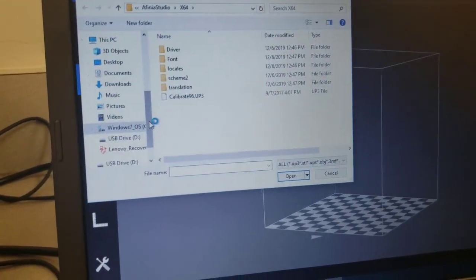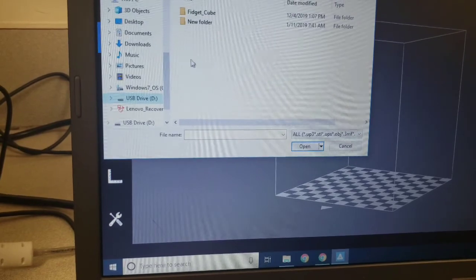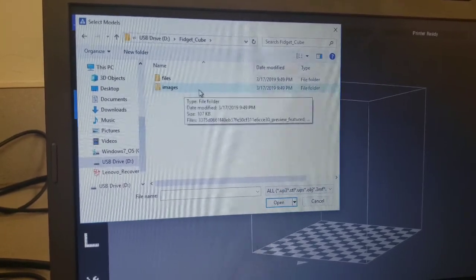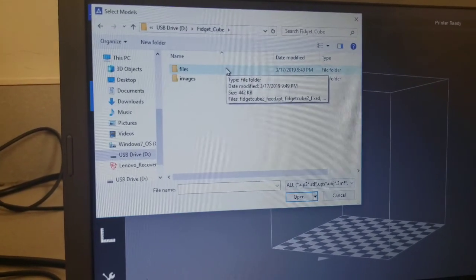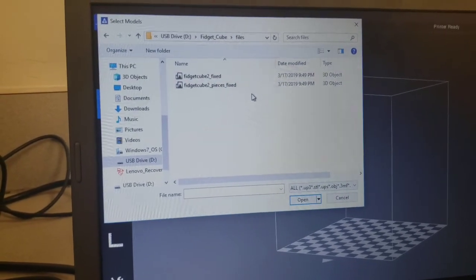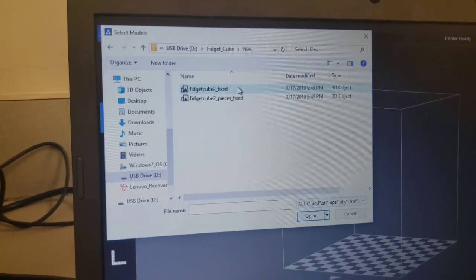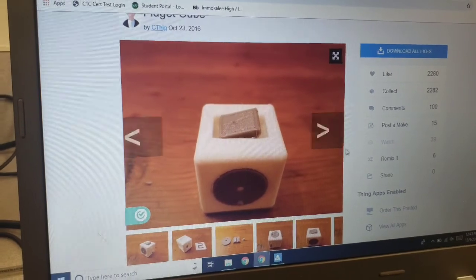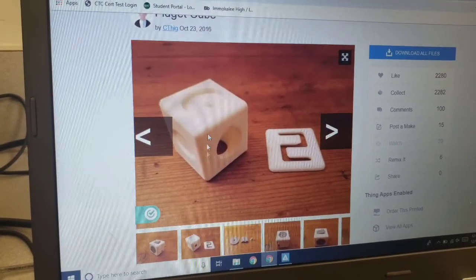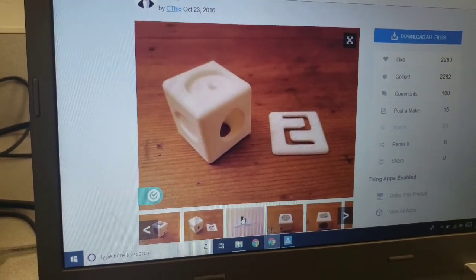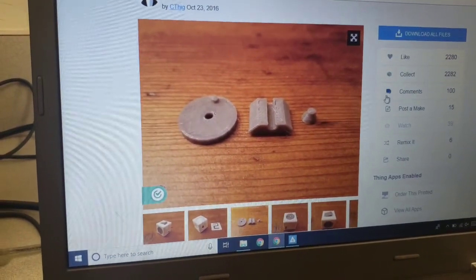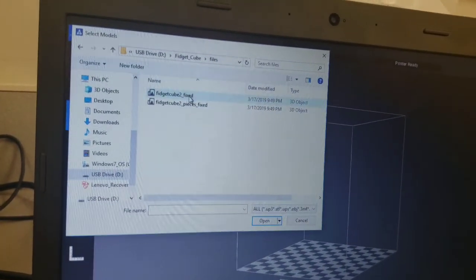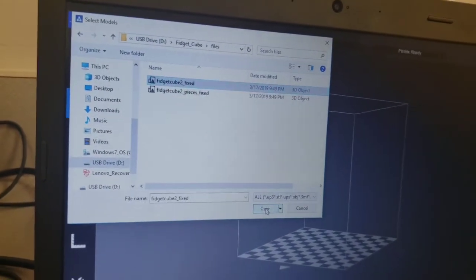and you're gonna go to where you downloaded the file. In our case, we have it on the USB, and we're gonna go to fidget cube, and those are the images that we saw a while ago. So we're just gonna go straight into the files, and we want to get, because as you guys can see, the cube was not made all in one, because some things have to move. So one of them is just the cube, and then the rest are in pieces that will have to be put at the end once everything's printed out. So we're gonna go to fidget cube, you're gonna hit open,